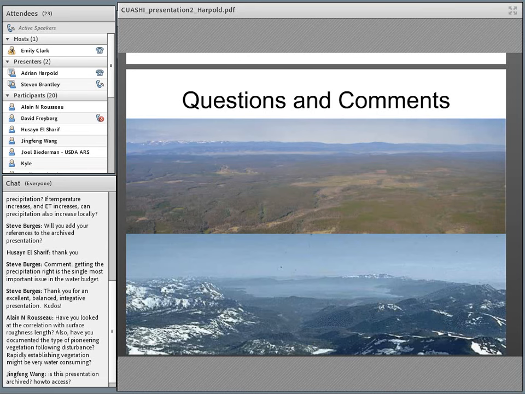Well, one more question. Have you looked at correlation with surface roughness length? And have you documented the type of pioneering vegetation following disturbance? Rapidly establishing vegetation might be very water consuming. And I would tend to agree with that, but what kind of vegetation do you see after pine beetle or fire in these systems? Well, that can be somewhat of a site-specific question, but what we've seen is that